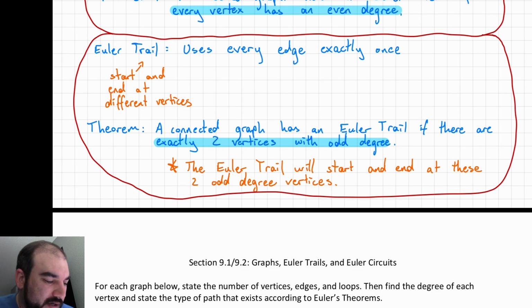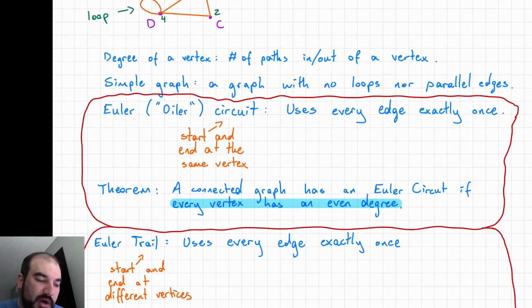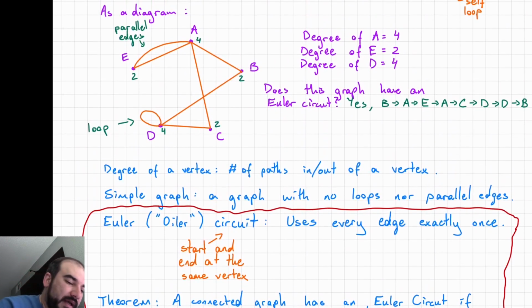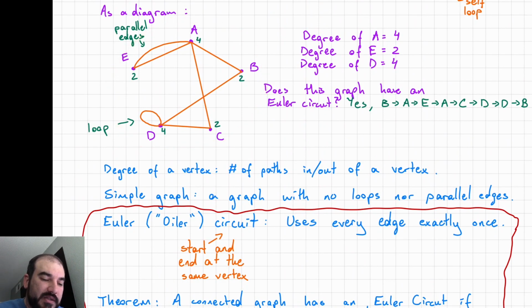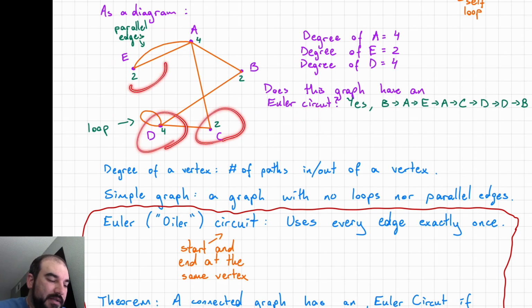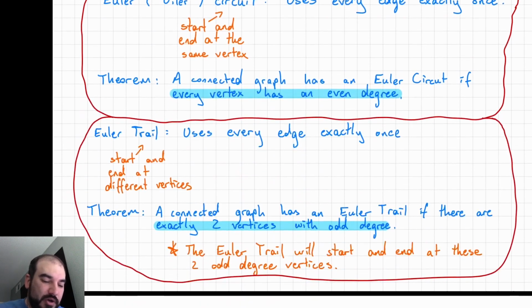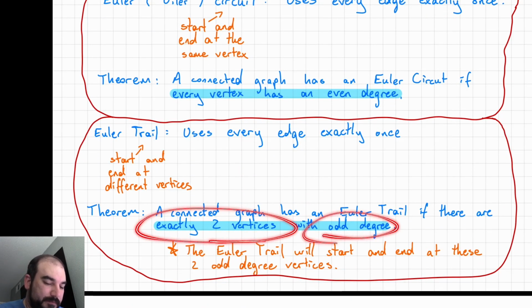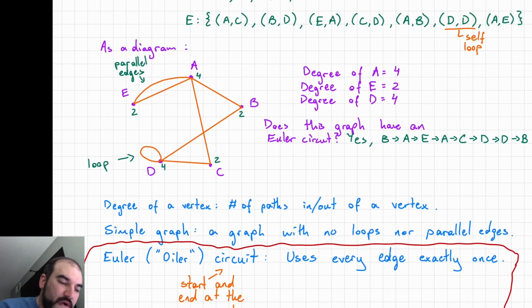All right, so we have our definition for a trail and a theorem for when there is one and there isn't one. So if I go back to my example here, this example obviously has an Euler circuit, so it cannot have an Euler trail because to have a circuit, they all have to be even degrees. And so if all of the vertices have an even degree, then there's no way that you have exactly two with odd degrees. But if there was a new edge introduced to this,